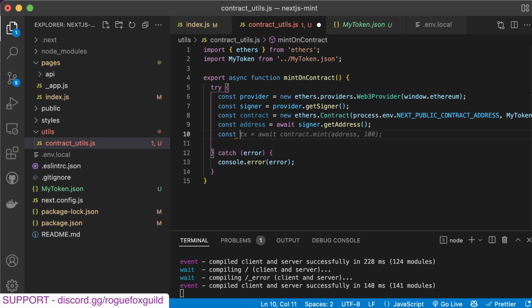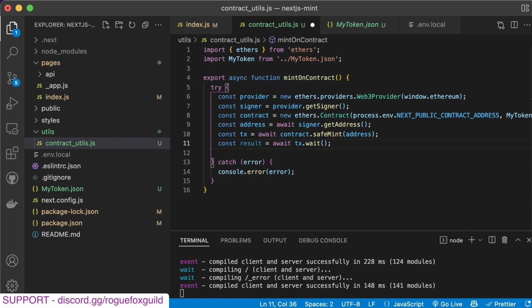And now at long last we are ready to call our mint function on our contract. So we can do contract dot safe mint, and it takes one parameter, which is our address that we're minting to. Let's await the result of that transaction by doing a result await tx.wait, and then we can return our result if we're going to use it. I don't think we use it in this particular case, but